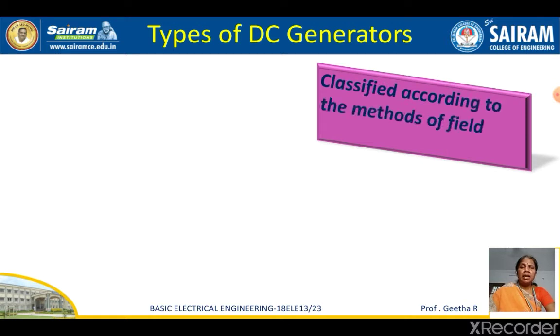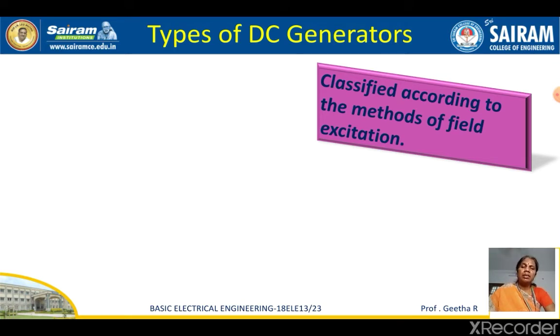The generators can be classified according to the methods of field excitation. There are two important major components of a DC machine, whether it is a DC generator or an AC generator or a motor or whatever it is. For a DC machine there are two major components, that is the armature and the magnetic field. By exciting the field system, the iron piece will be converted into a magnet, nothing but the electromagnet, which is the means for producing the magnetic field.